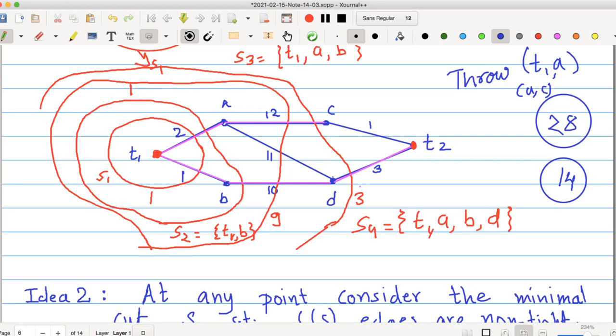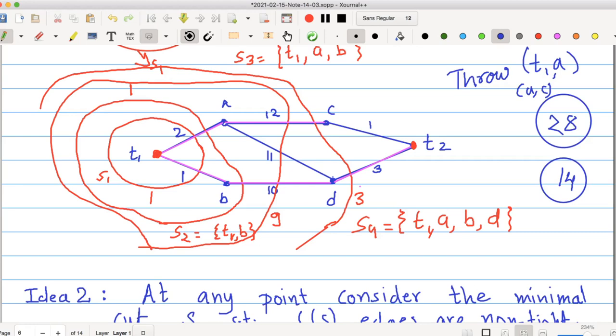In the sense, minimal with respect to the number of vertices. So minimal set which includes T1, excludes T2, and the cut set should not intersect any tight edges.